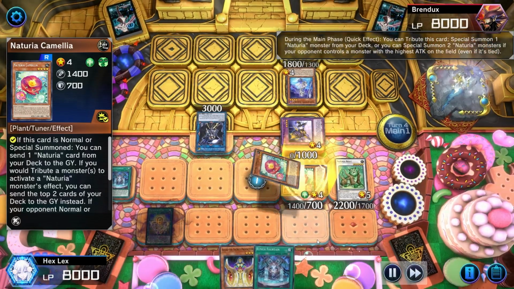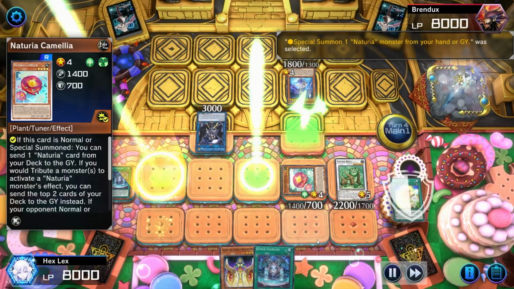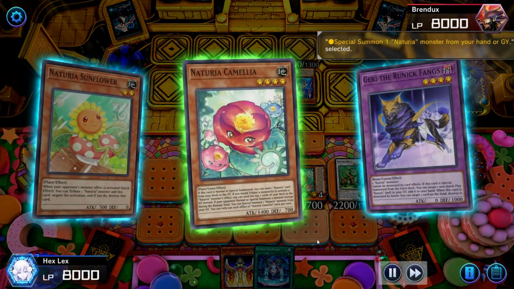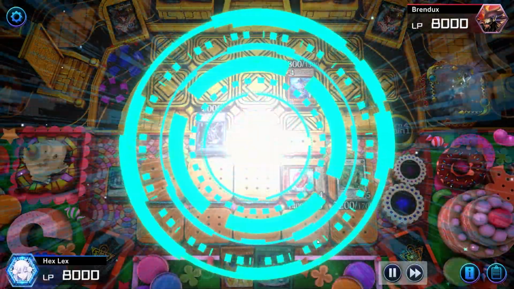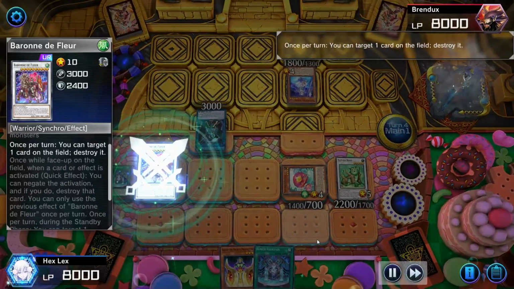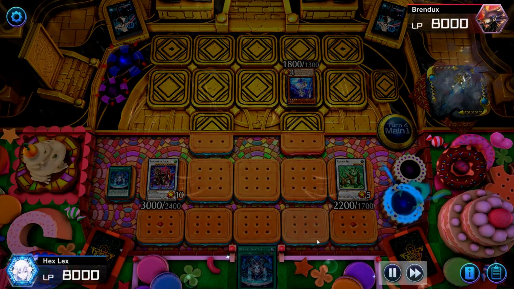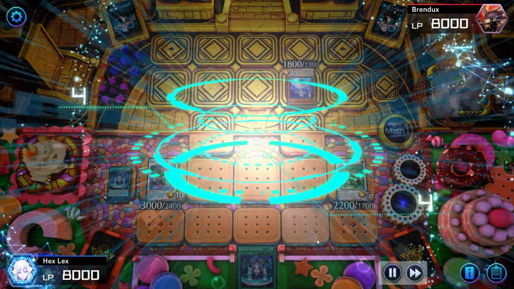Yes, we've actually already banished all 3 of our Sacred Trees, which is good. You want that to happen. So we actually get to go for Beast, and then because our opponent still has a monster with the highest attack, we get 2 Camellias back from our graveyard. So now we get to go for Baronne, and then we still have the normal summon for this Keldo as well. So Baronne gets to destroy the Underworld Goddess, then Camellia and Keldo are going to sync off for the